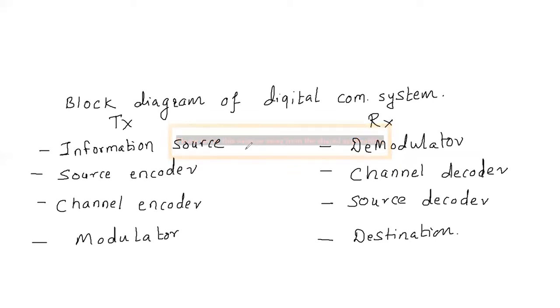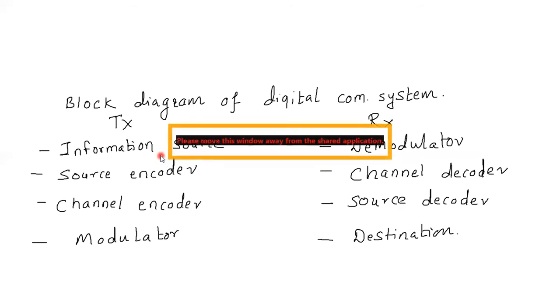Now coming back to the very first block of the communication system, that is the information source. Don't worry, in the end I will show you the entire block diagram also, but rather than going to the block diagram first, we'll see what each term in this block diagram means. Then the entire block diagram will be very easy for you to understand. So an information source may be classified into two categories depending upon the nature of their output.